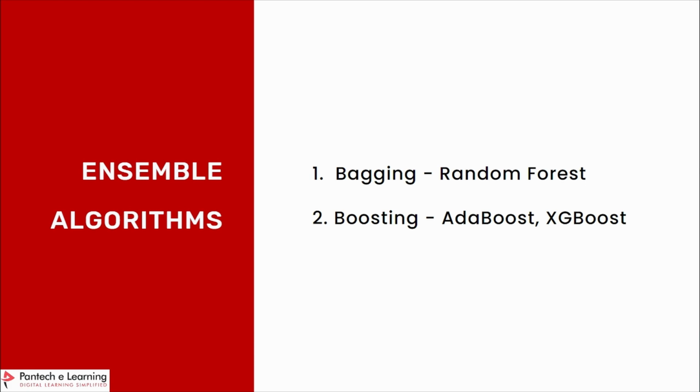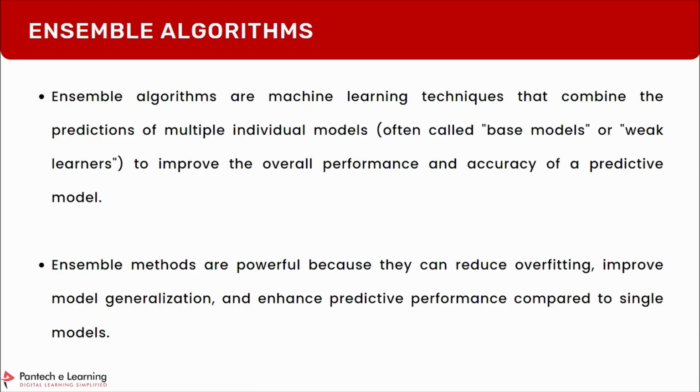It's ensemble learning. So what does ensemble algorithm mean? Ensemble algorithms in machine learning are techniques that combine the predictions of multiple individual models. These are called base models or weak learners, used to improve the overall performance and accuracy of a predictive model. So in an ensemble algorithm, we don't have just one model, like a decision tree, but it repeats multiple times. Multiple individual models will be run inside, and their predictions will be taken into account